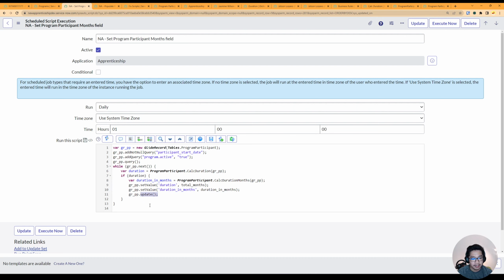But the problem here is that there are times when it stops, when .next for some reason stops returning true, or maybe it triggers an error or whatever. So what we'll show you is a guaranteed way to make sure that it successfully updates